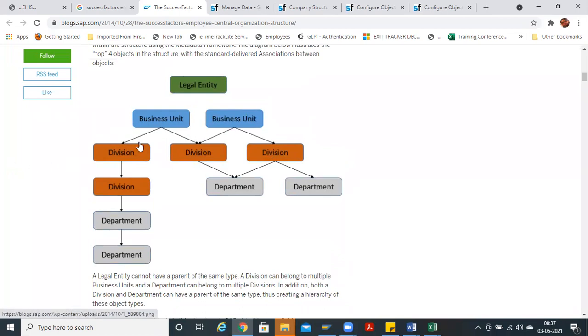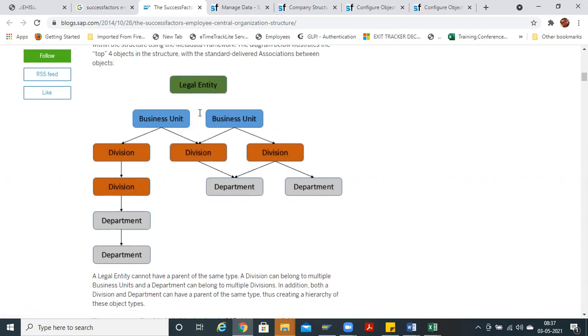In HCM we will define a manager, his department, and his company code and all these things, right? Yes, in the infotype basically. So the same way we are doing it here, right?